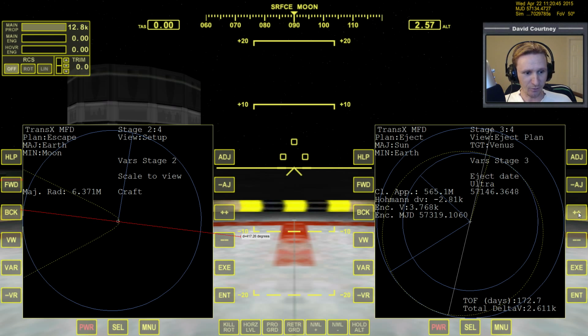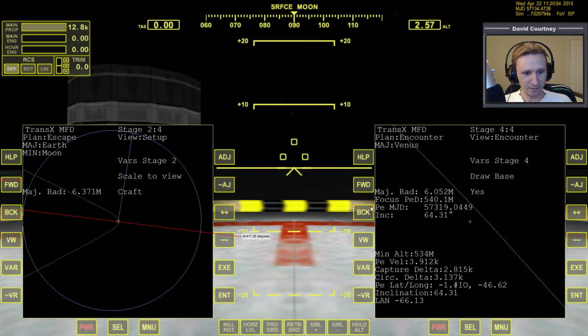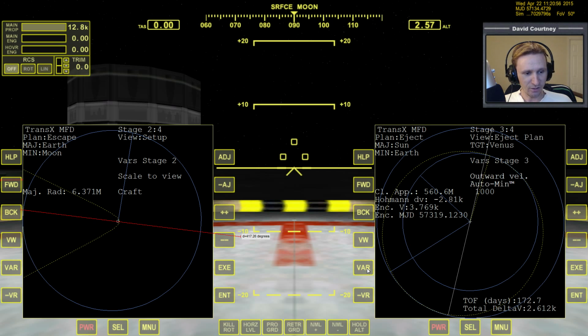And just by tapping it around a little bit, maybe go down to a super setting at this point. And if you hit this point where it's kind of hit a wall, what you can do is go to outward and check. And outward, unfortunately, maxes out at 1,000. And in some cases, 1,000 isn't enough, so you'll have to shut off the auto min and do it manually. In this case, we need more outward, so we're just going to add in some additional outward. You'll notice the closest approach is going up,